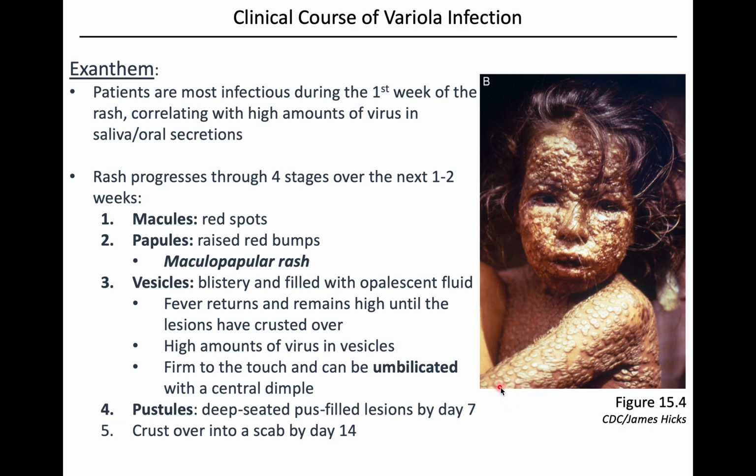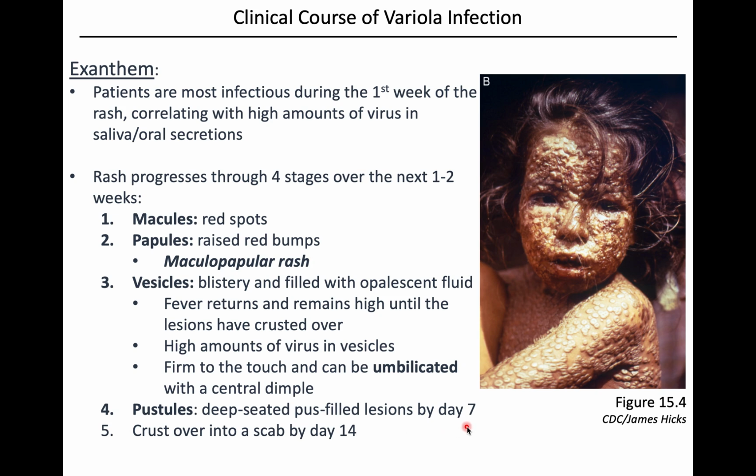You can see on her arms some of these lesions are umbilicated, so you see a little dimple in the middle, also here, kind of under her armpit. But yeah, it just looks miserable, right? It looks horrible. Then those vesicles will progress into what are called pustules, so literally big pimples, essentially pus-filled